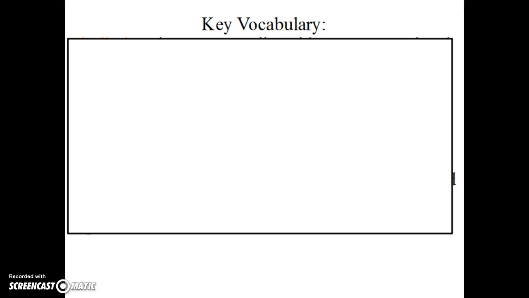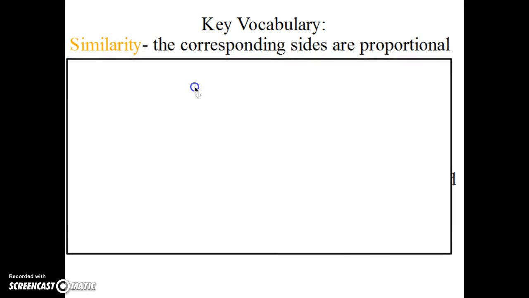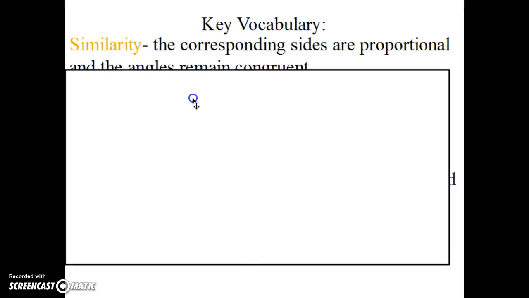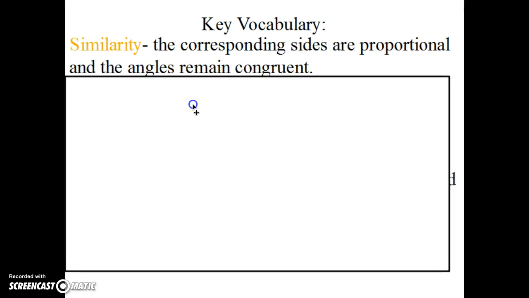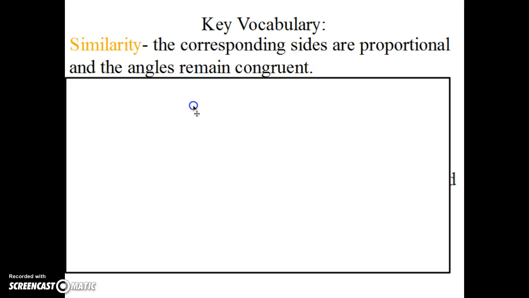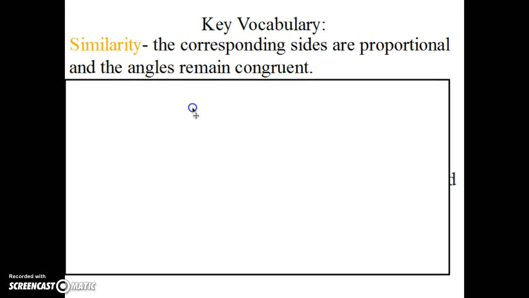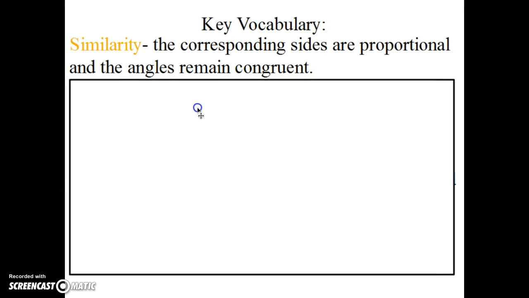Alright, key vocabulary that we need to know starting dilation. First vocabulary word is similarity. The corresponding sides are proportional and the corresponding angles remain congruent. So what that means is